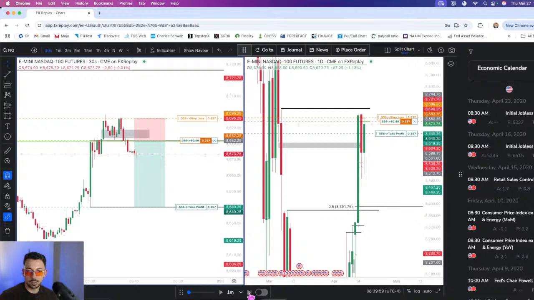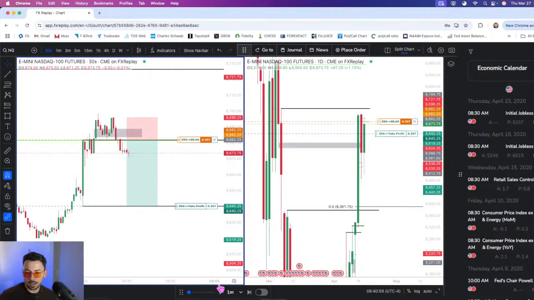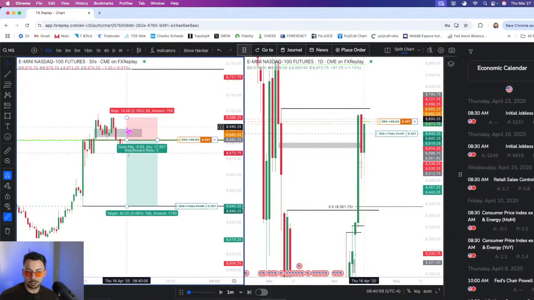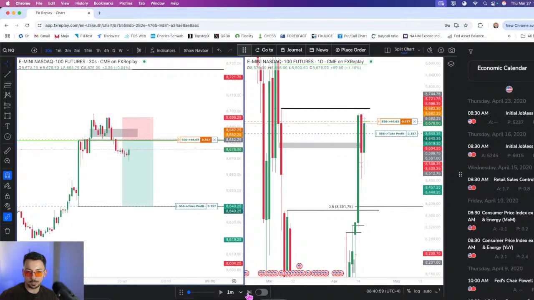Okay. Beautiful stop to break even. Realistically, guys, in this situation, I would probably move my stop back above this 1 minute inverse. But yeah, what's probably going to happen is I'm going to get tagged out and then it's going to go down. But realistically, in a real life situation here, I would move my stop above this 1 minute fair value gap. But let's see what happens here.